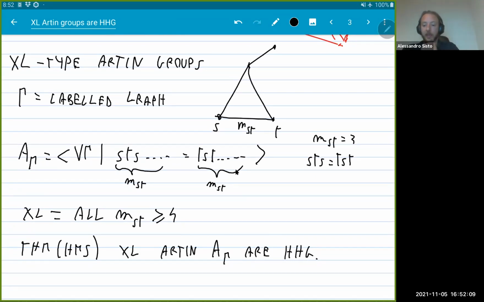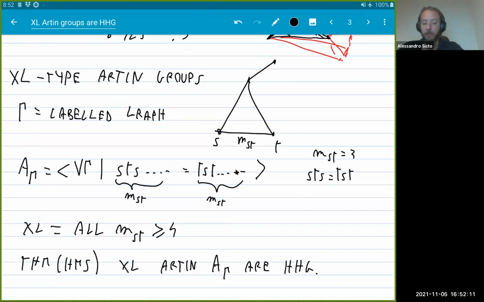Very good. So right-angle Artin groups are HHGs. Now extra large type Artin groups are HHGs. I'm definitely not an expert in Artin groups by any stretch of the imagination. As far as I know, all Artin groups could be HHGs. Wait, I don't know. Maybe not. Who knows? We'll find out. But it's really hard to do something for every Artin group. There are very few theorems about all Artin groups. It's always about some particular class, or almost always.